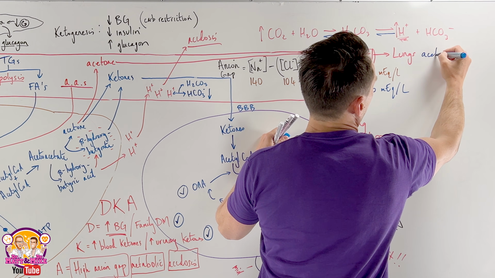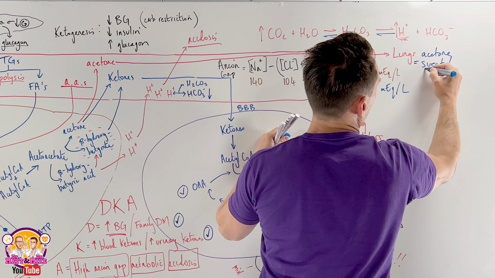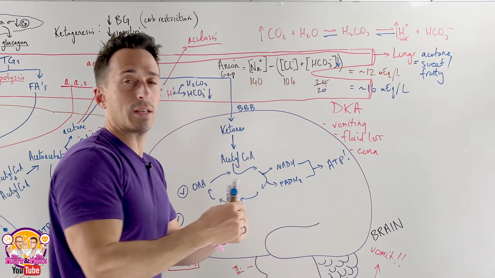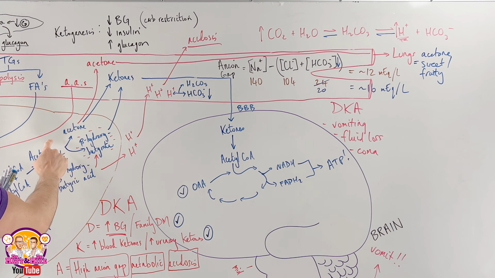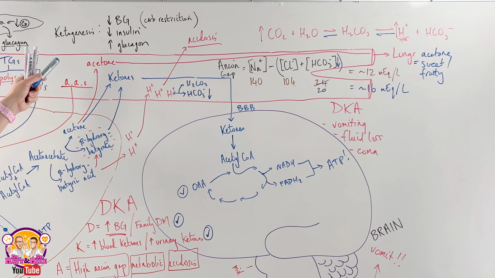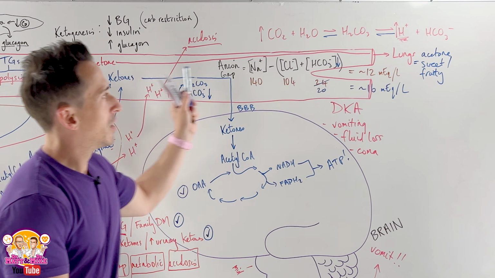Acetone smells sweet and fruity. And so you've got this sweet, fruity breath, which can happen because of the acetone that you've produced, breathing out via the lungs. So acetone doesn't necessarily contribute very much to acetyl-CoA production in the brain, but it is sweet